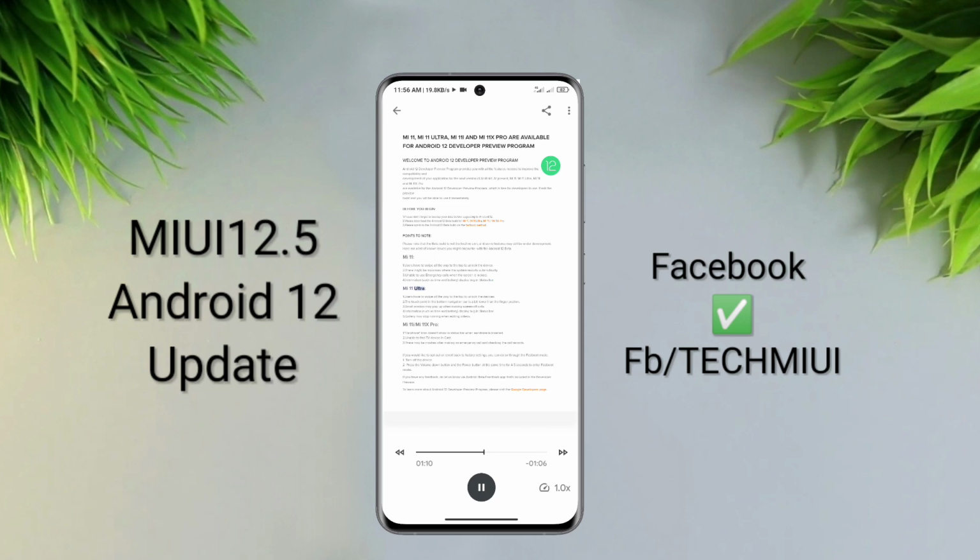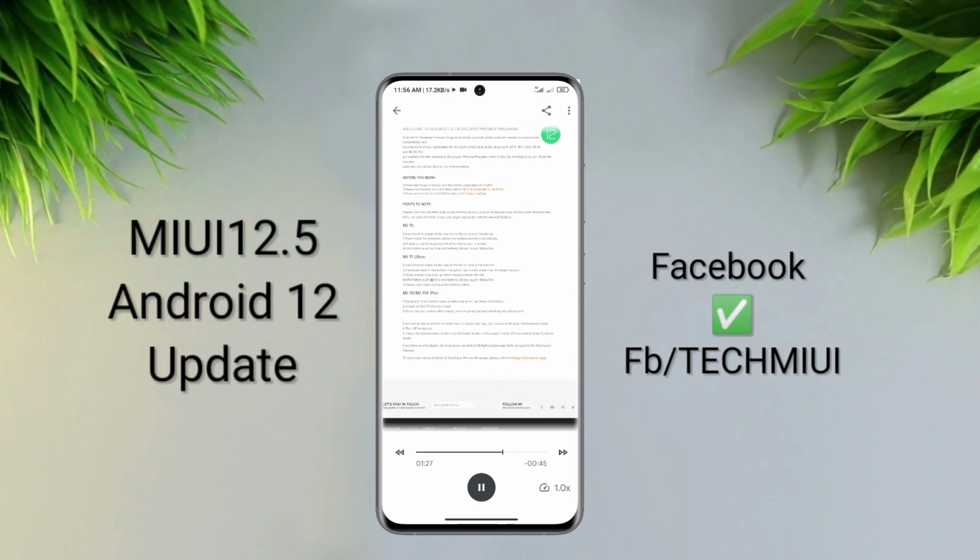Mi 11 Ultra. One: users have to swipe all the way to the top to unlock the device. Two: the touch point in the bottom navigation bar is a bit lower than the finger position. Three: small window may pop up when making screen off calls. Four: information, such as time and battery, display bug in status bar. Five: Gallery may stop running when editing videos.